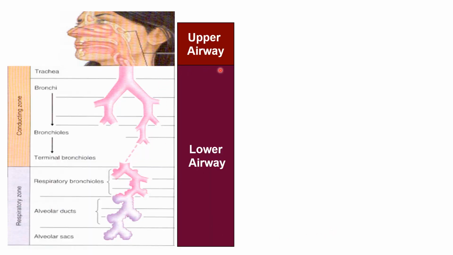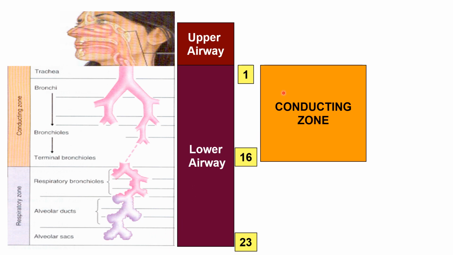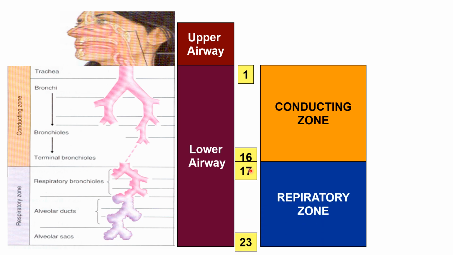As I mentioned before, the airway is divided by the larynx into your upper airway and the lower airway. And your lower airway is just the trachea undergoing 23 dichotomous branching. The conducting zone is from airway generation 1 to 16, and the respiratory zone is from airway generation 17 to